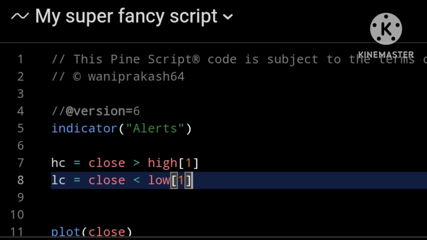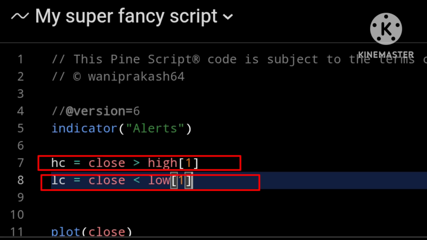So for today's example, we are going to keep it extremely simple. We will cover practical alerts for things like setup detection, indicator conditions, that sort of thing in future lessons. For now, I am just going to give you an overview of the basic functionality of alerts. So to do that, we are going to create a really simple alert condition. For this lesson, we are going to detect higher closes and lower closes.